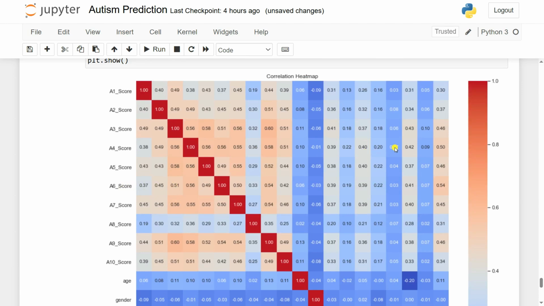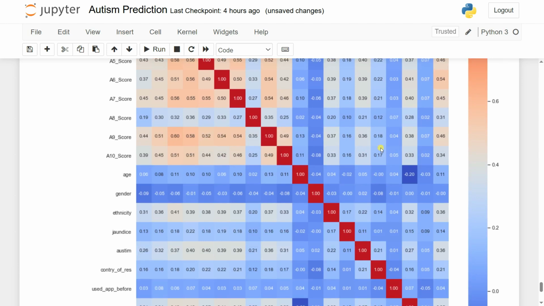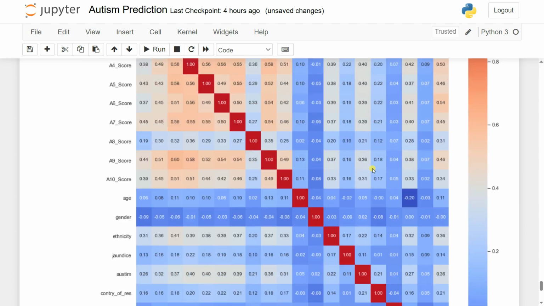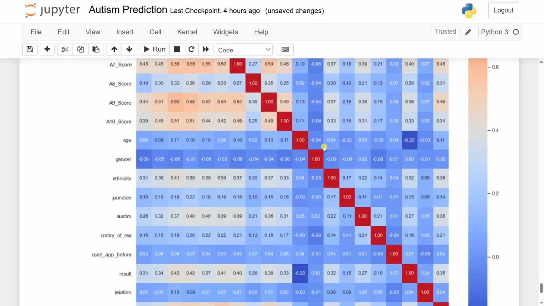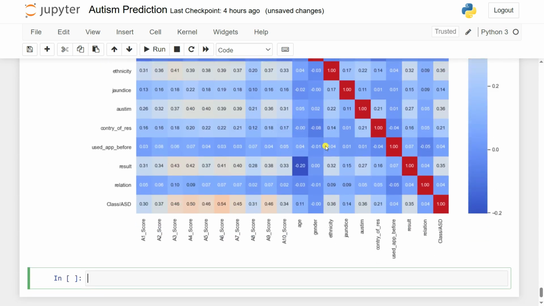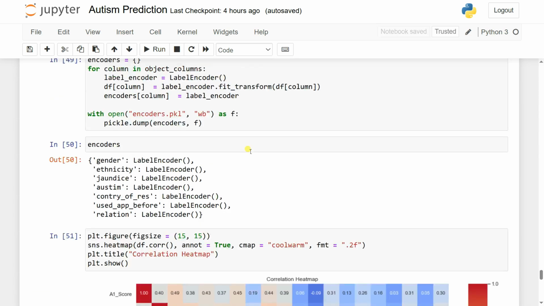But if I see, most of the values are not highly correlated. If it were highly correlated, it would give a red kind of color, if it went up to 0.8, and you can see that you don't have this much red color. That means it's not highly correlated. So if the columns are highly correlated, then you can select some features and drop some features from here. So I don't need to do any feature engineering here,